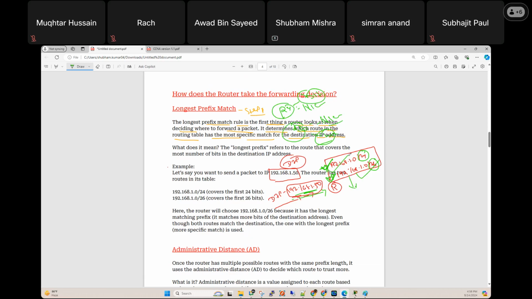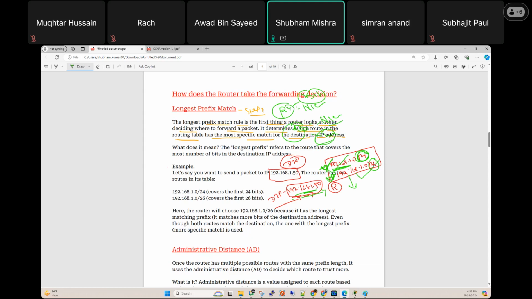Yes or no? Everyone, tell me. In this route, there is only /24. It means only 24 bits are matching. And here 26 means 26 bits are matching. So which is more preferable? 26 is more preferable, or you can say you can trust 26 more. Are you getting my point? Because in 26 the maximum number of bits are matching, but in 24 only 24 bits are matching. So you will prefer